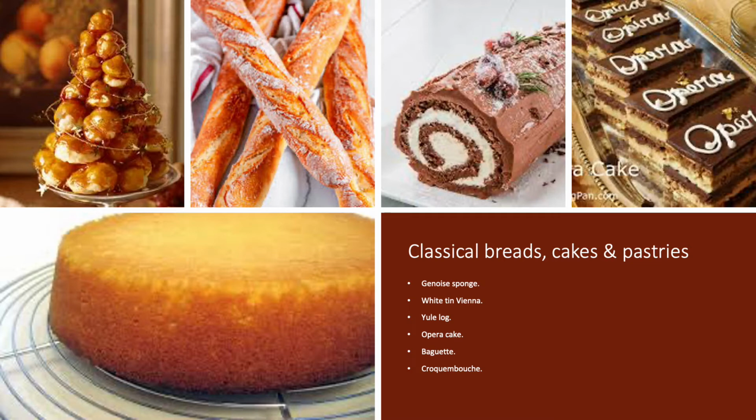Some classical breads, cakes, and pastries here. You can see a Genoise sponge down the bottom. It's a classic sponge. And classically, this is made from manual aeration. So whipping of our eggs and then folding in, being really gentle with all our other ingredients, and then adding some melted butter. A more contemporary way of making a Genoise would be to separate our eggs and whip up our egg whites first, and then add our egg yolks into it, and then fold the other ingredients in, and it makes for a much